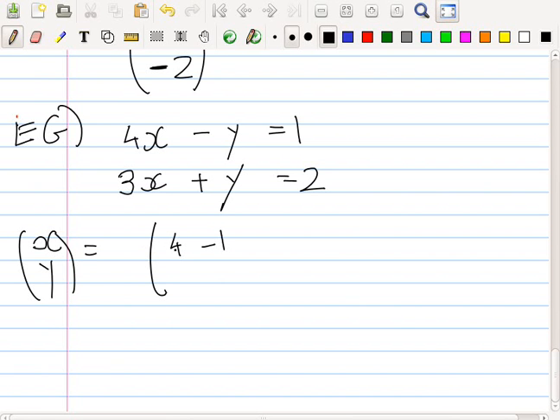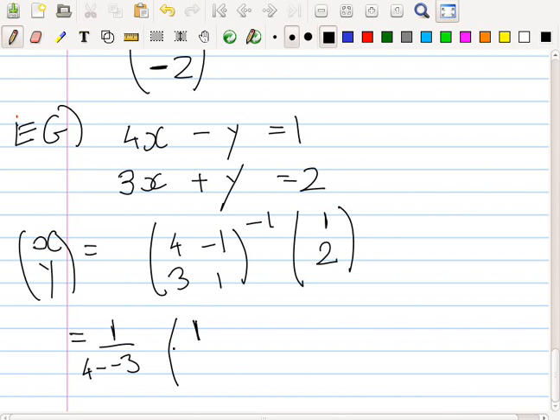4 minus 1, 3, 1, inverse, 1, 2. Okay. Inverse 1 over 4 minus 3. 4 times 1, 4, minus 1 times 3, minus 3. So 4 minus 3. Okay. Then we swap and then change the sign. Okay. 4 minus 3,